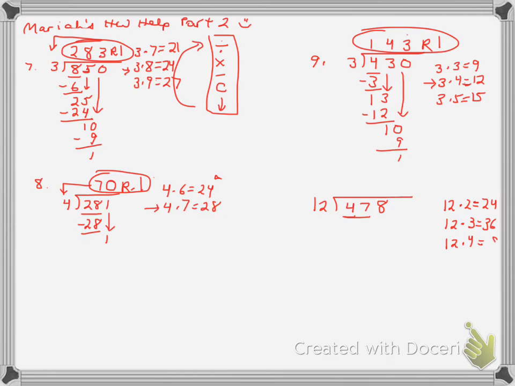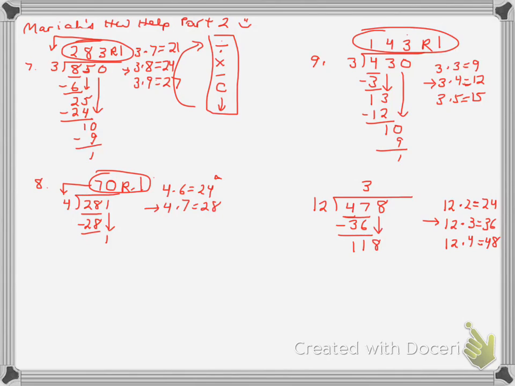4 times 2 is 8. 4 times 1 is 4. Well, there we go. 48 is bigger than 47. Right? So we can't use that one, so we have to use the 12 times 3. Multiplying back, I get 36. Subtracting, I get 7 minus 6 is 1. 4 minus 3 is 1. That's 11, and 11 is less than 12, so that's good. It's only 1 less, so it's very close, but all it needs to be is less. And now I've got